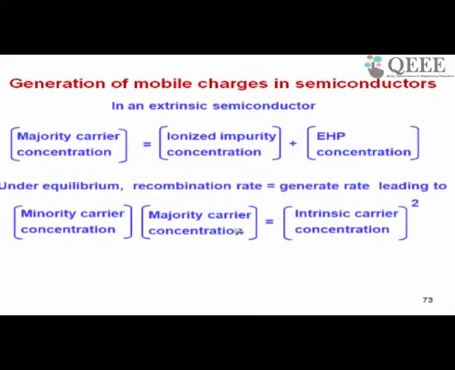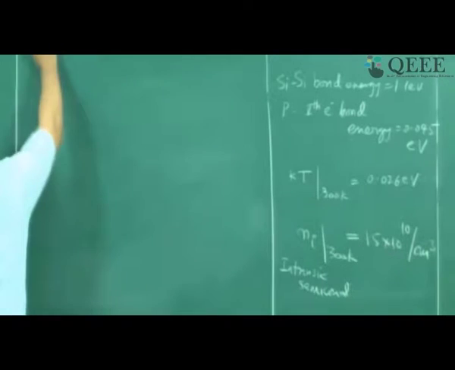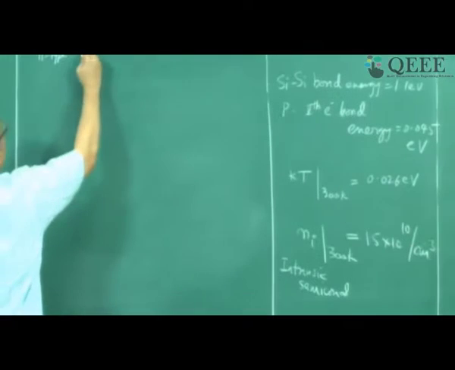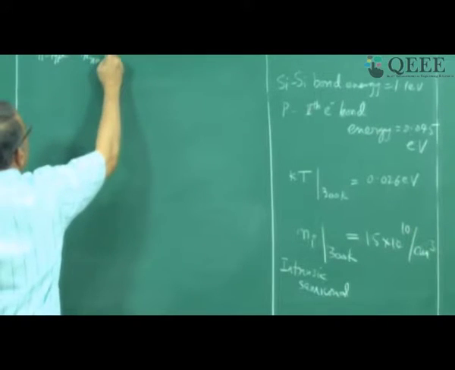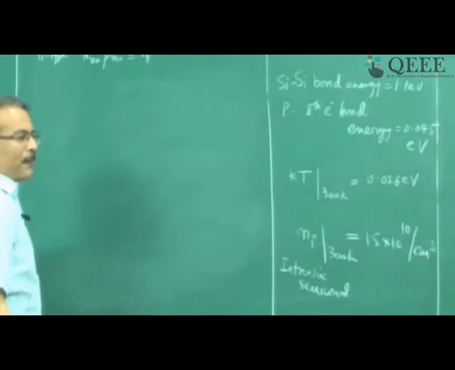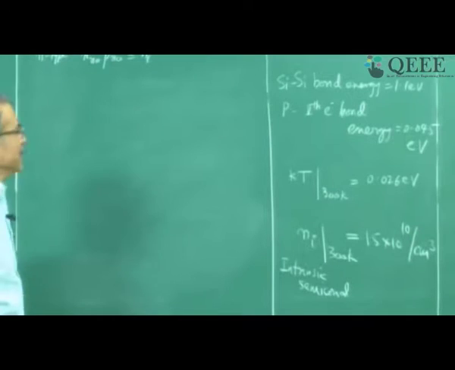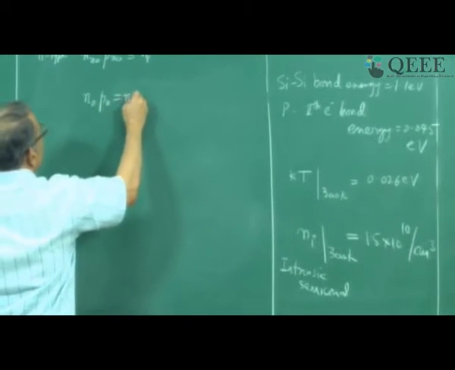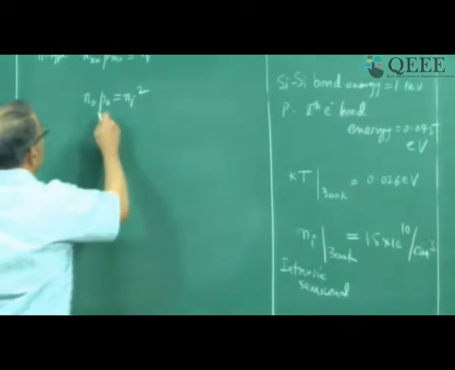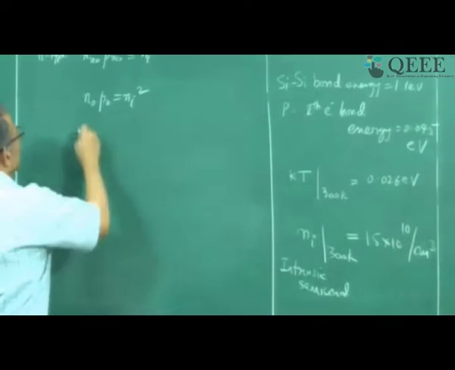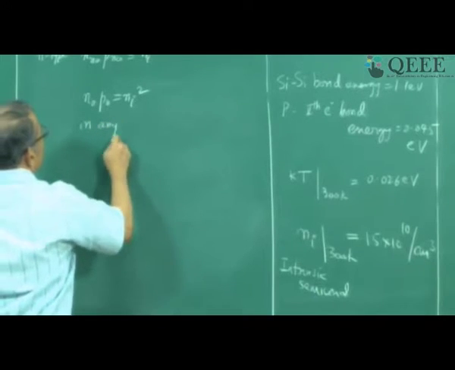Let us write this down in symbols. So we are saying in an n-type semiconductor, Nn0 times Pn0 is Ni squared. In fact, in any semiconductor in general, N0 P0 will be equal to Ni squared. Electron concentration times hole concentration will always be equal to Ni squared in any semiconductor under equilibrium.